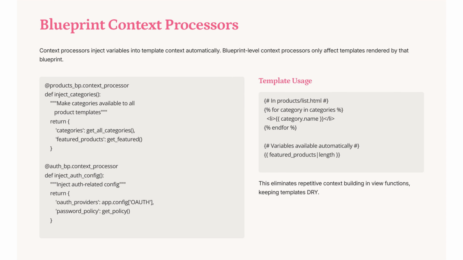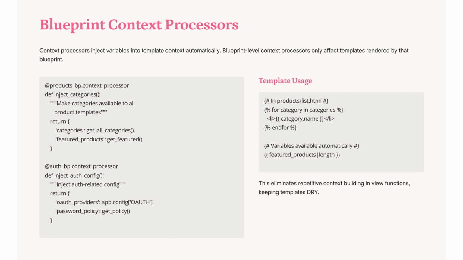hierarchy. Blueprint context processors streamline template rendering by injecting variables directly into the template context. For instance, in the products blueprint, categories and featured products are automatically available in templates. Similarly, the auth blueprint injects OAuth providers and password policies, ensuring templates remain "don't repeat yourself" and focused on presentation